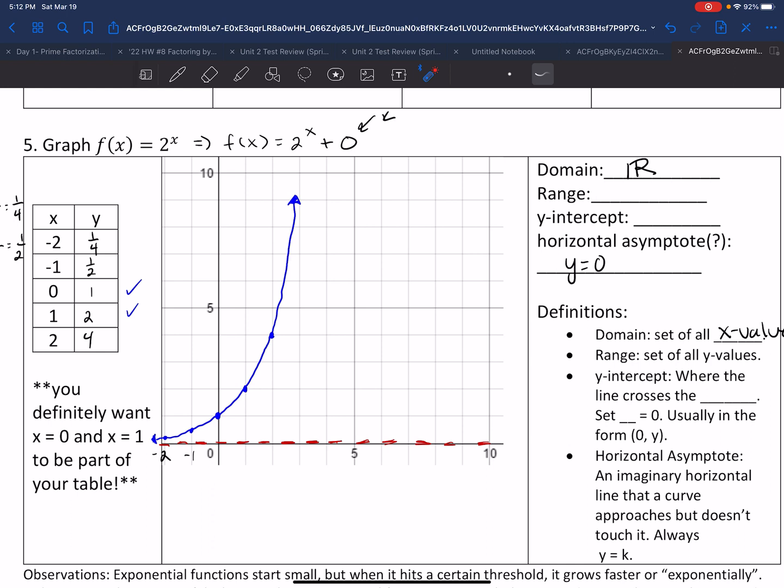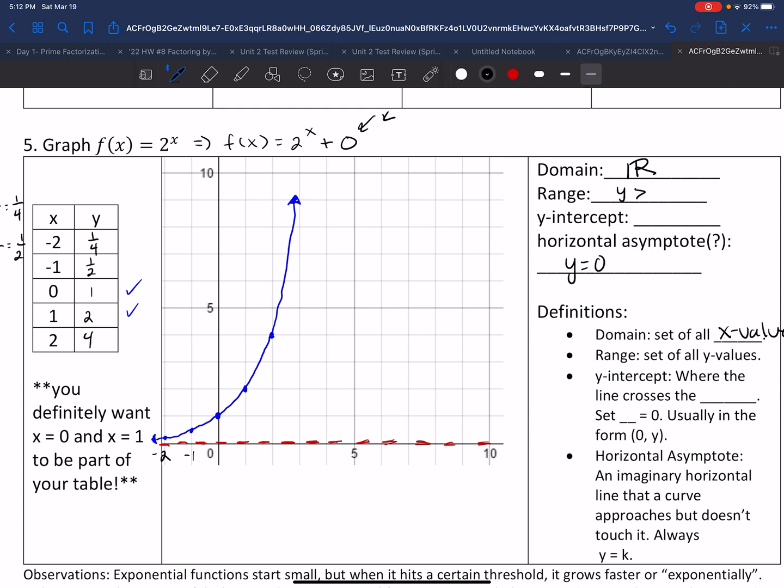Well, again, if everything is above this horizontal asymptote, which this line doesn't touch at all, how would I figure out my range? Our range, we look from bottom to top, right? So it should mean that all my y values are greater than this horizontal asymptote. So I write y is greater than